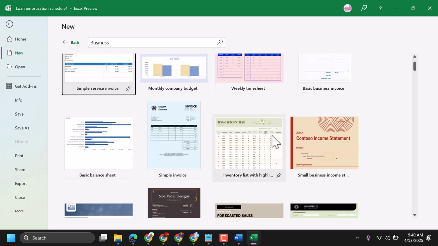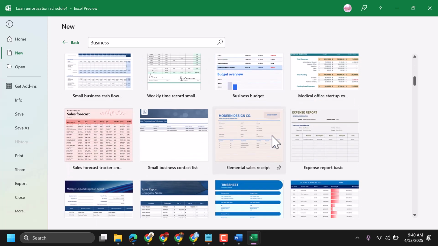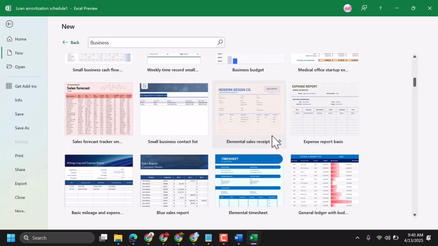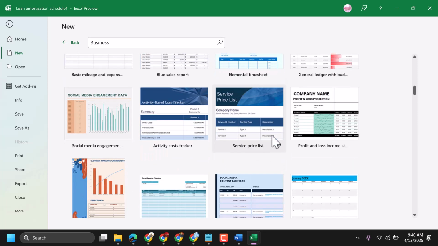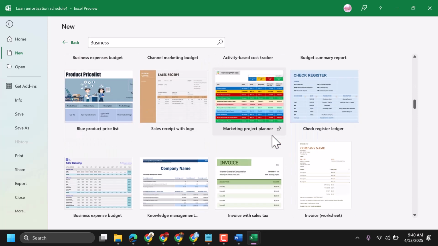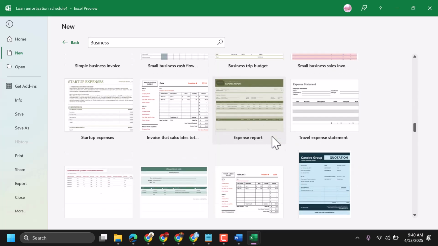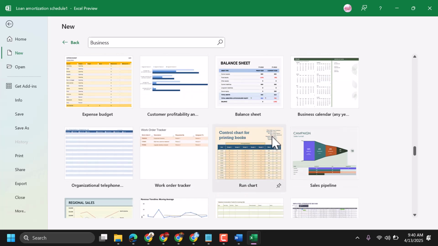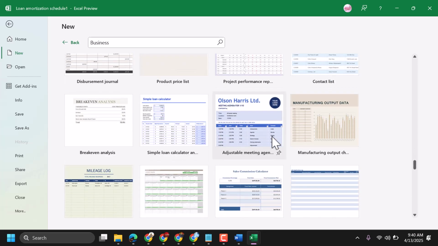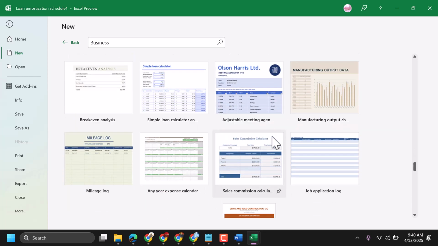Simple servicing invoice, simple loan calculator,